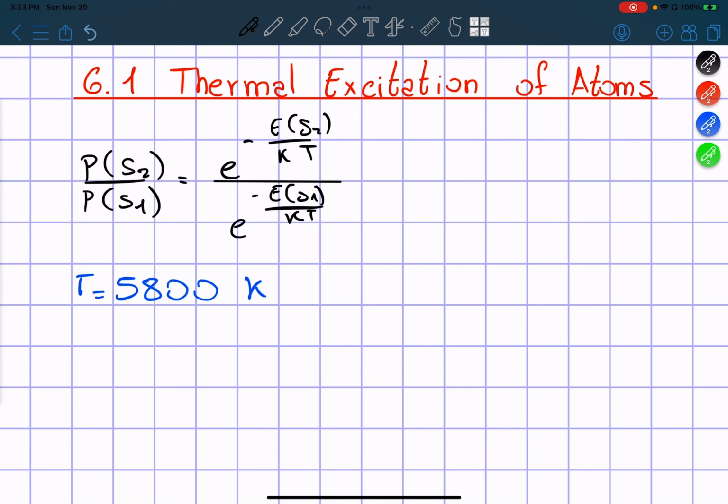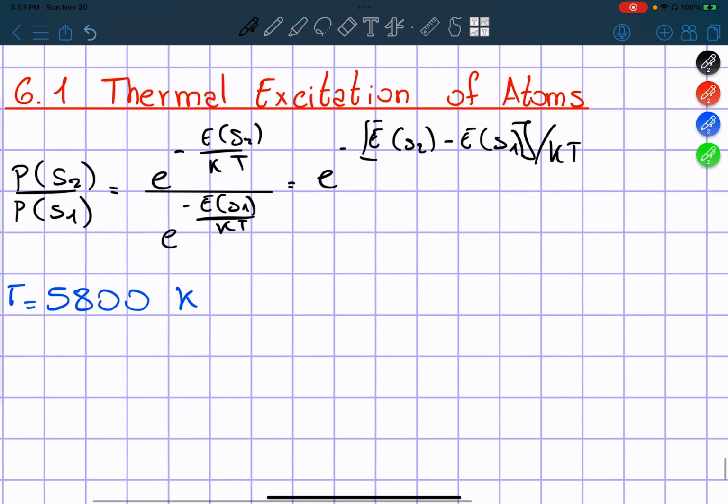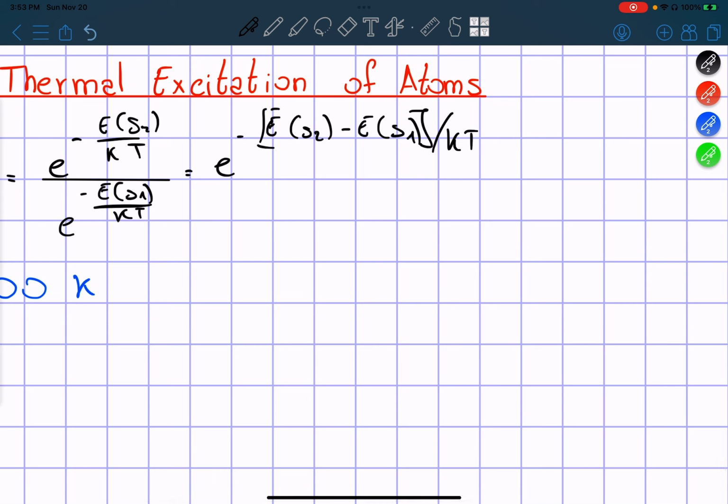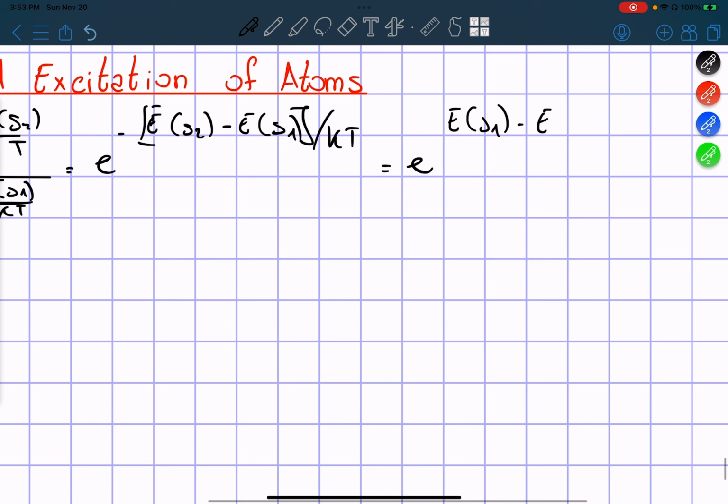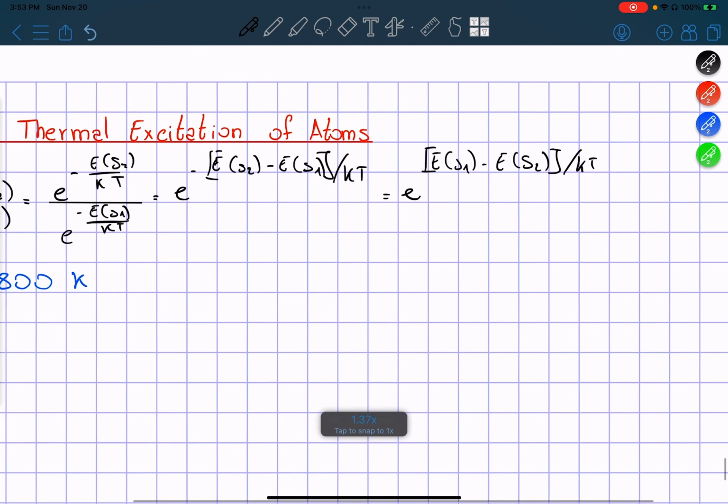Okay, so of course we end up with e to the power of negative (E_S2 minus E_S1) divided by kT. Very clearly. And so we can actually rewrite this as (E_S1 minus E_S2) divided by kT by moving the negative in front. So the difference,